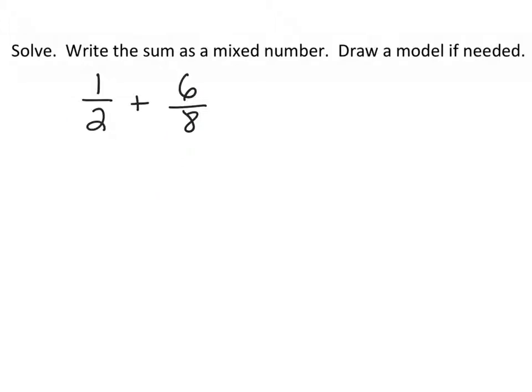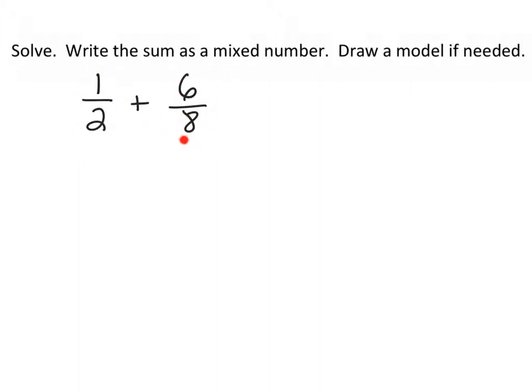Solve, write the sum as a mixed number. Draw a model if needed. Oh, so guys, those number lines and those tape diagrams, they're saying if you really need it, try it. But if you don't, and you don't need to have those visual representations out to help you figure the problem, then don't do it. So now we actually have to say to ourselves, here's the larger unit, it's a half,